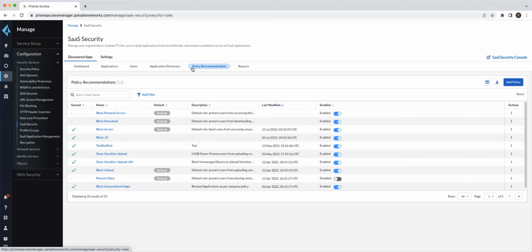So if a SaaS admin had to recommend policy before, it had to be out of band, in the sense that there would be some ticketing tool outside where the SaaS admin would open a ticket, and then the security admin would take a look at the ticket and define policies. So we have brought that process into the cloud management itself, where the SaaS security admin can